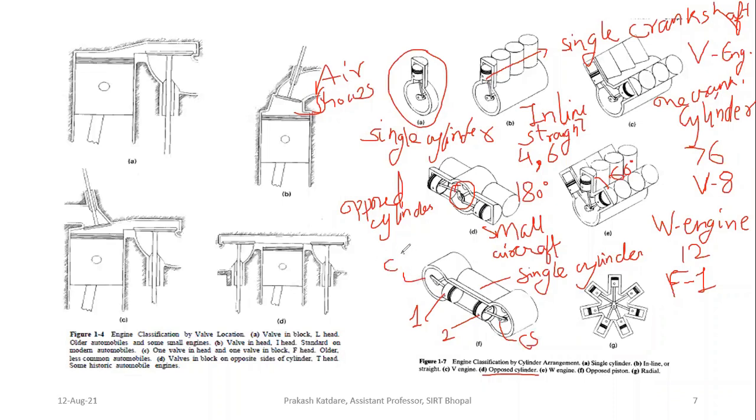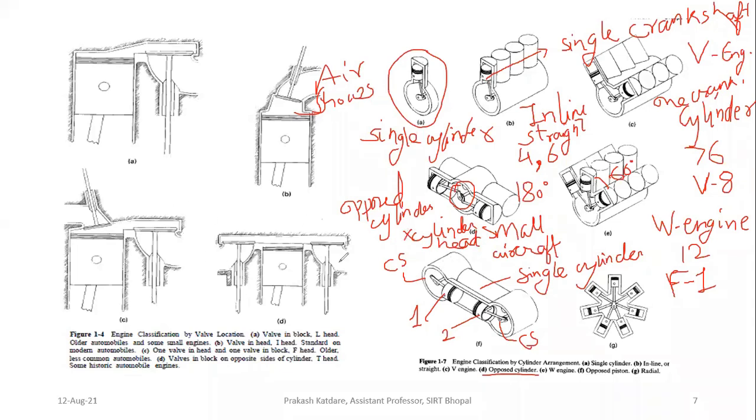In this particular case, we have two different crankshafts, and the movement of these pistons is managed by coupling of these crankshafts. That is, both of these crankshafts are coupled together. It is also a very well balanced engine, and if you see closely, there is no cylinder head present in this particular type of engine.